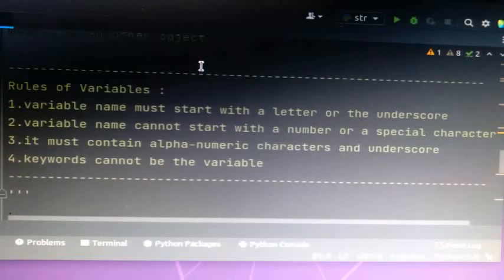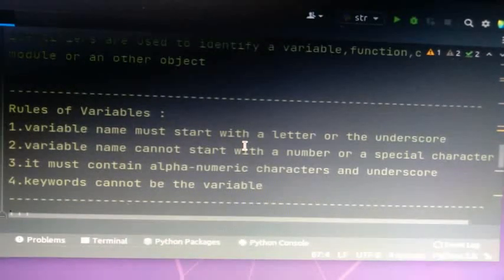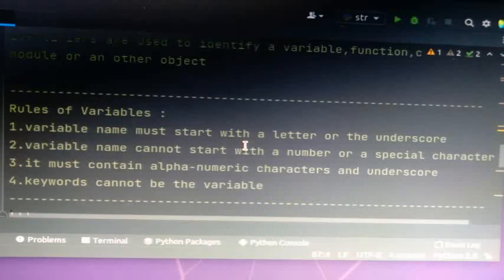We can add numbers into variable names but not at the first position. And one more thing is that a variable name should not contain any special character. In Python there are some keywords like if, for, class, def. We should not use these keywords as variables.